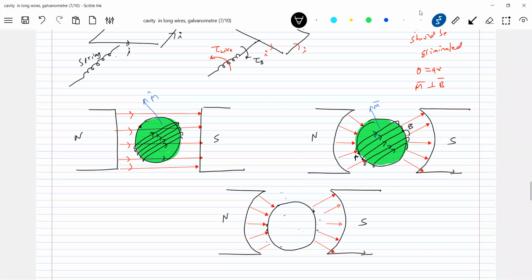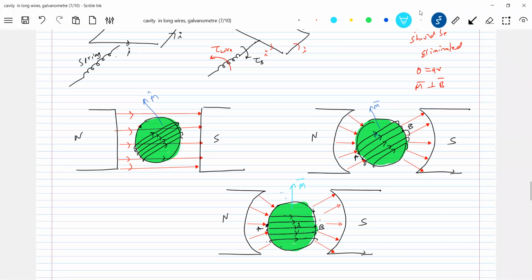Now the position of A is here. It has rotated, and the coil has a number of turns. The coil turns are like this. This is the direction of current I. And now you see how M bar and B bar will be. It has rotated. It got deflected. So what is the direction of M bar? M bar is like this.